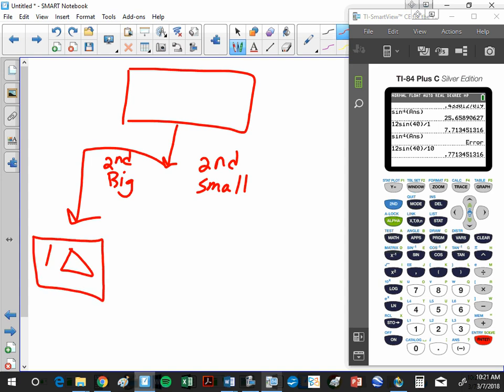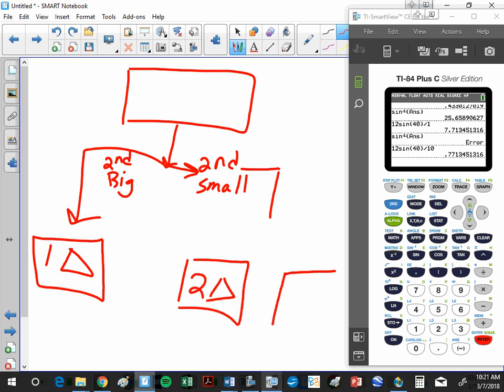Right. So if the second side is smaller, then we have 2 options. We have 2 triangles or no